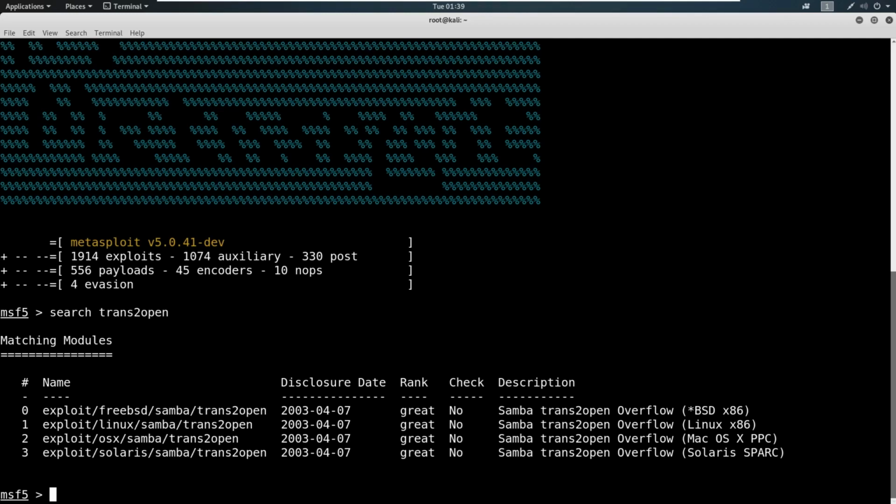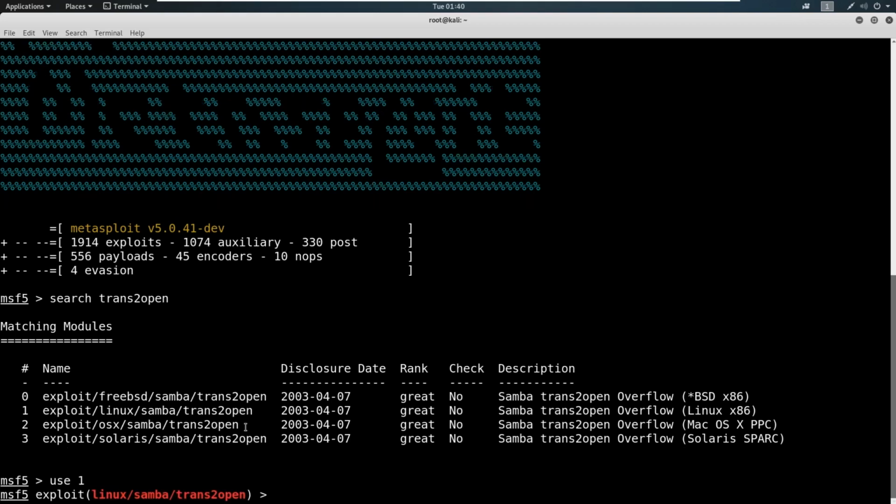But we have been good enumerators and good investigators, researchers, information gatherers, etc. We could have just seen 139, said, hey, I'm going to try to find exploits against it, and never looked at any other ports, but that's not us. We went out to port 80, we saw that it was running Red Hat, we discovered Linux on the machine, so we know we're going to pick the Linux module. So we're going to say use 1 as that corresponds to this module here,